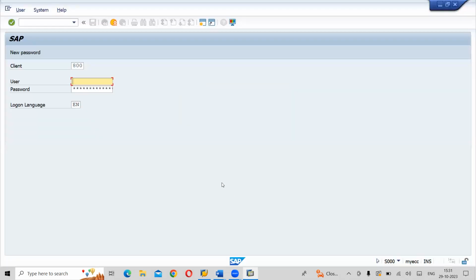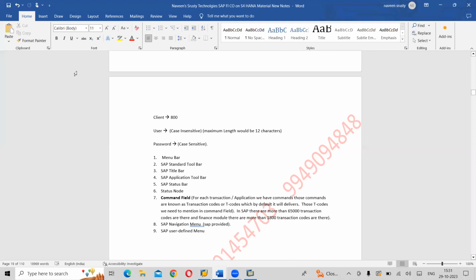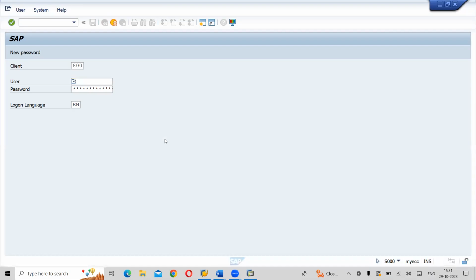Clear? Next, this is your application. Once you have entered, if you double click on SAP, it will first show the client, and next it will ask for a user ID. So what do you mean by user ID? In real time also, once you join the organization, one user ID will be created according to your authorizations and your roles, right? And that will be linked to the client.